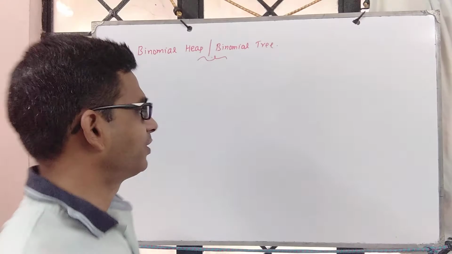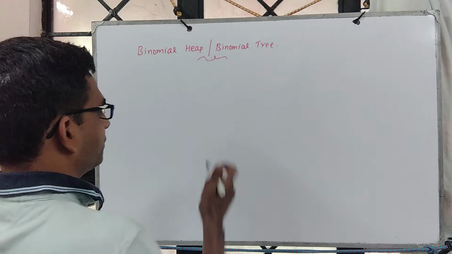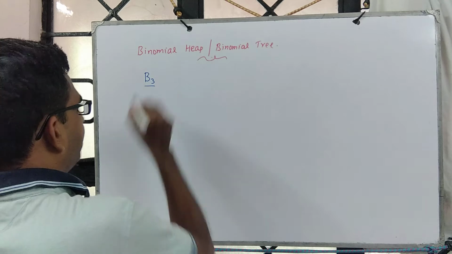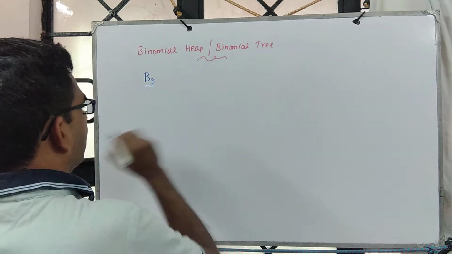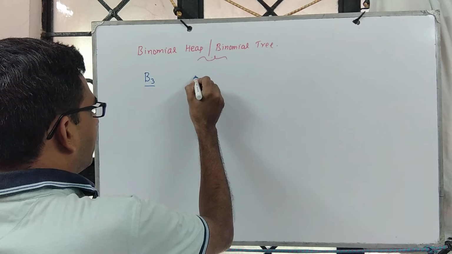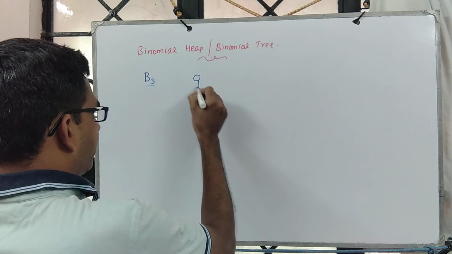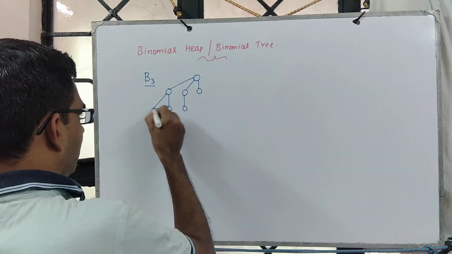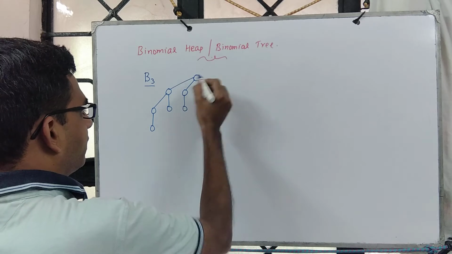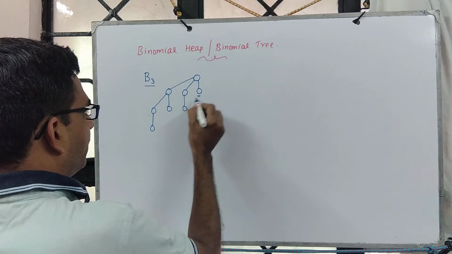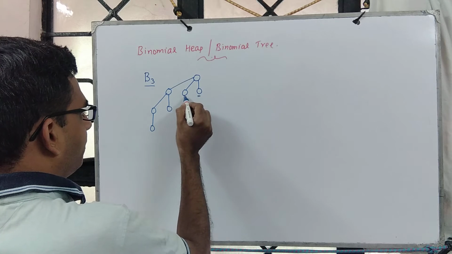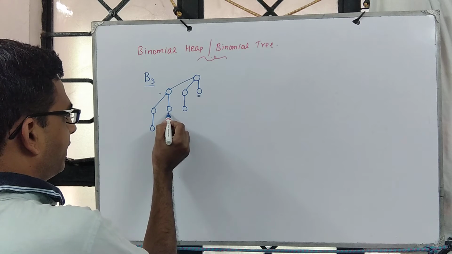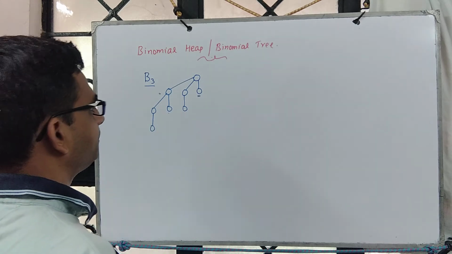We will continue our discussion on binomial heap and the associated operations. Consider the structure B3, the min binomial tree. The structure looks like this. We also observed that if you focus on B3, then below it you will find B0, B1, B2 as its children. Similarly, when you look at B2, you will find B0 and B1 as its children.